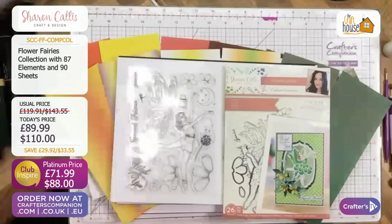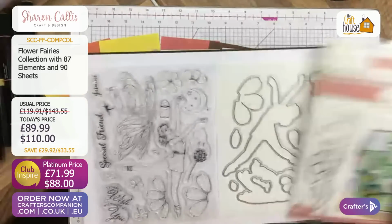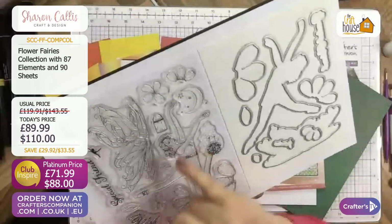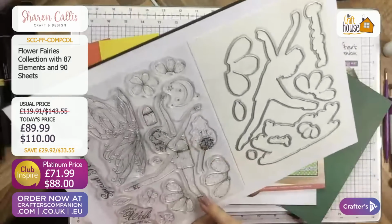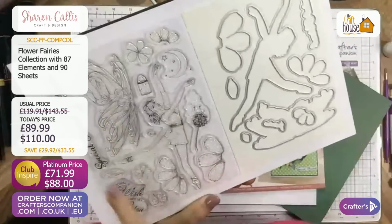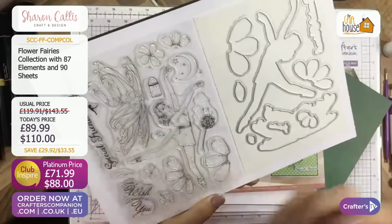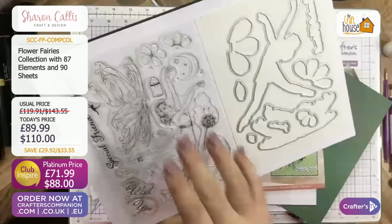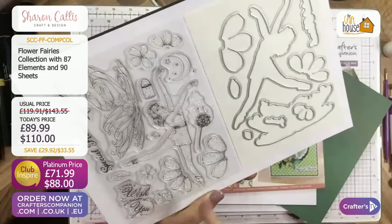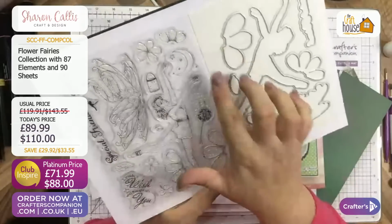So it gives 2 different tones to the flowers. Then we have Jasmine. So Jasmine is a side profile, and her wings go behind her as well, so they're on a side profile. If you wanted, you could cut 2 together and stick them together, if you wanted a front profile for one of the other fairies. This comes with, again, 3 layers of stamps to create the skirt, but she also has